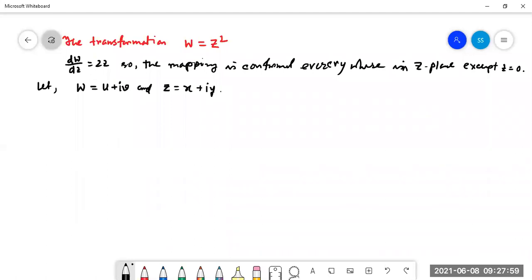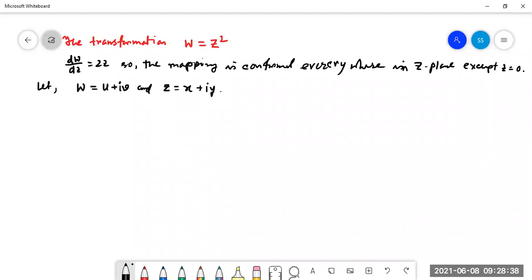When the value of n is greater than 2, then we have to take the polar form. Here in Z to the power n, the value of n is 2. For 1 and 2, we have to take the Cartesian form. When it is Z or Z square, we take the Cartesian form. When it is more than 2, we have to take the polar form. Is it clear? Yes, sir.